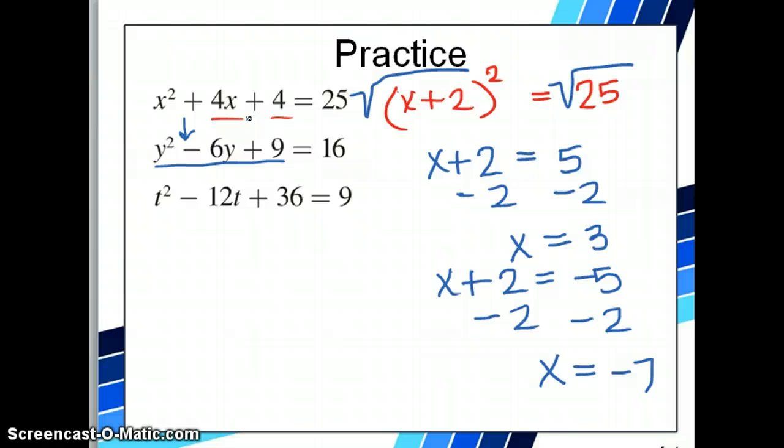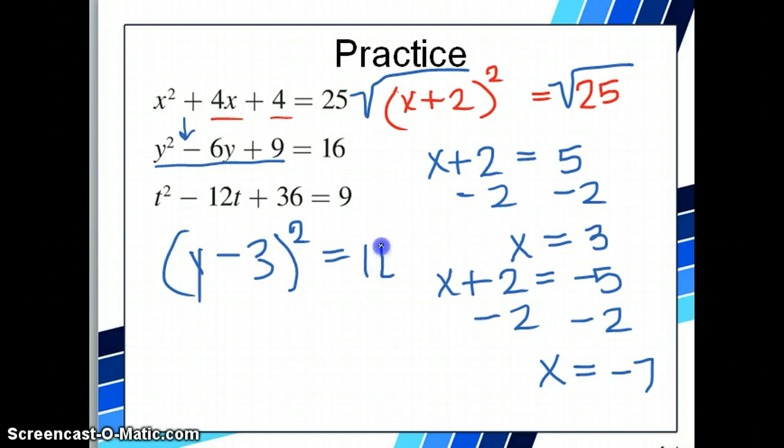So negative 3 times negative 3 gets me a positive 9, and negative 3 plus negative 3 gets me a negative 6. So that's our answer. So I'd have, oh, that's y. Sorry. So I'd have (y - 3) squared equals 16. So that would be the factor, and then again,